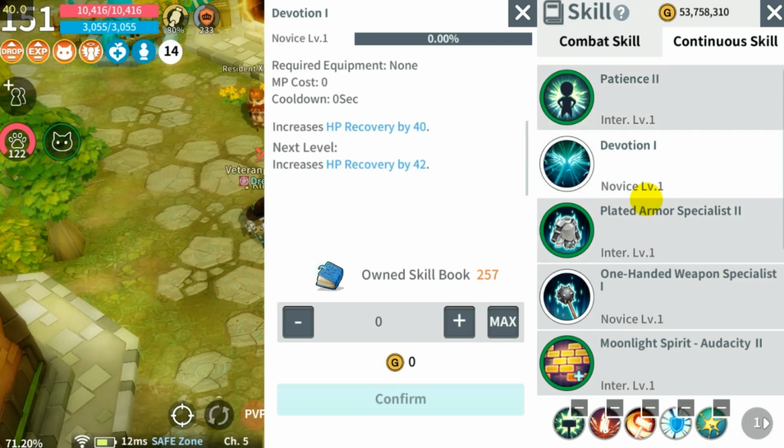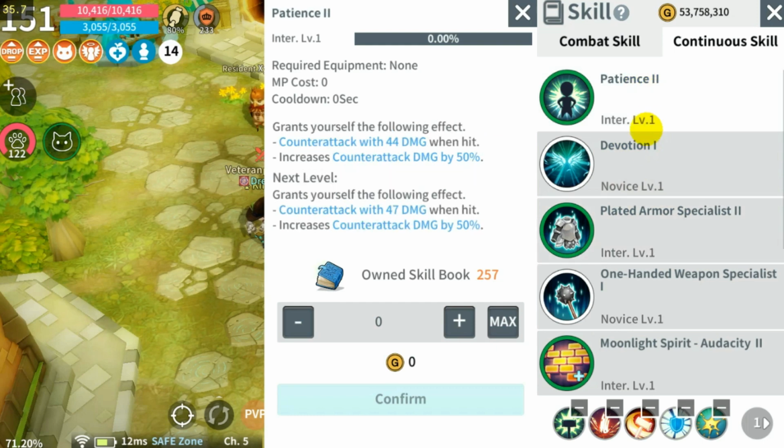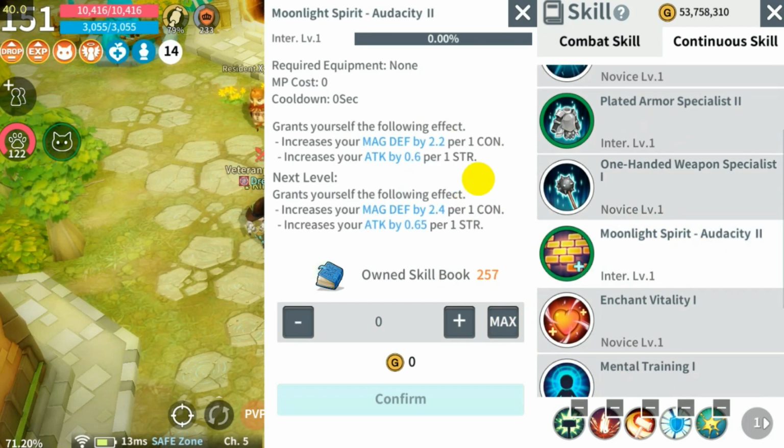Devotion, ignore, useless for now. Plate armor specialist, try to get it up as you can, because it ignores flinch rate. But to be honest, it's okay, it's not that important compared to patience. Counter attack is very important. One hand, nah, just add some physical attack. This is very expensive, but I will just level it up to this intermediate skill level first, because to be honest, I do not have a lot of constitution and strength now,